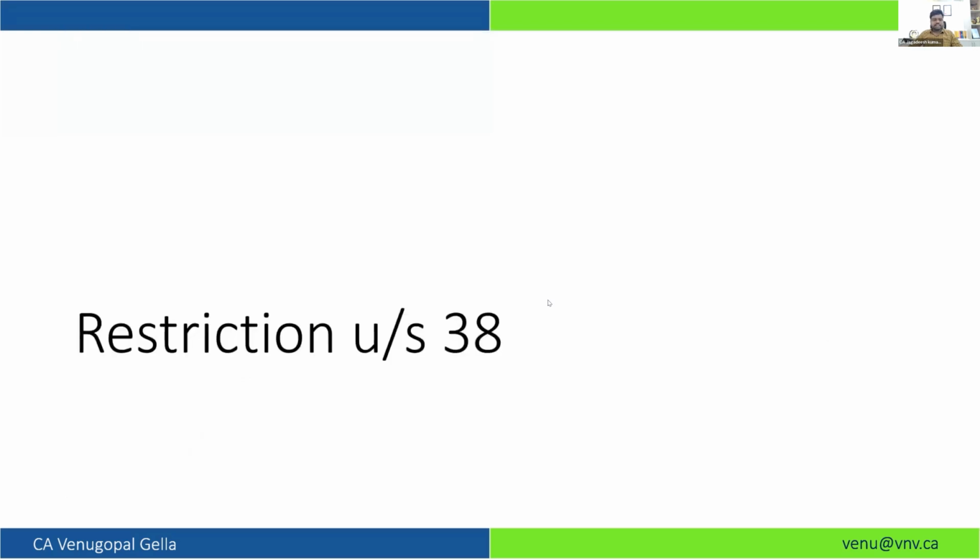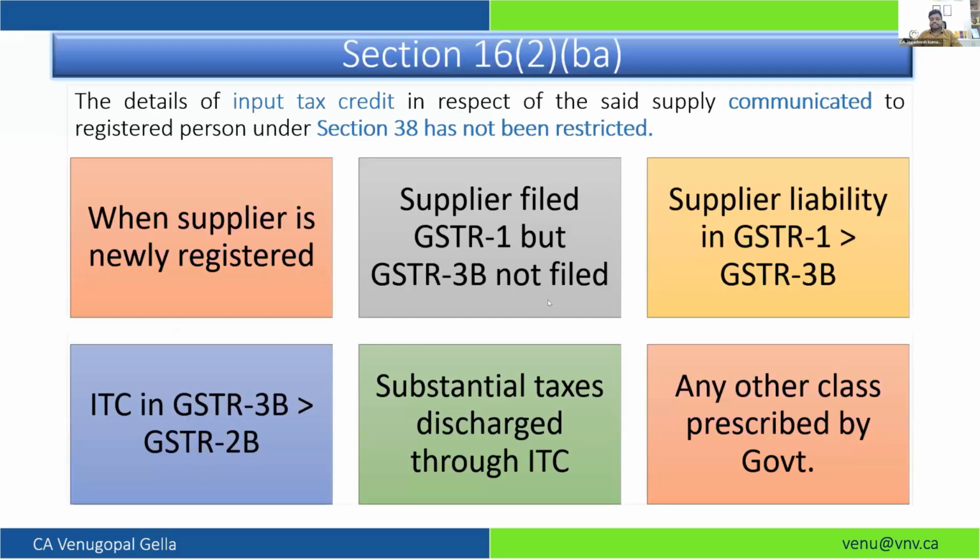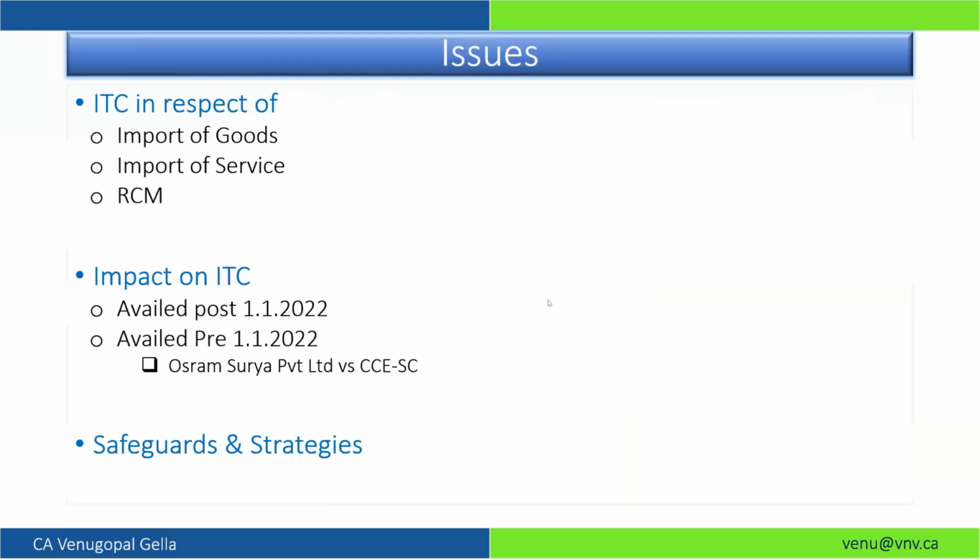So, moving on to the next. As I discussed that in this, adding one more thing, Circular 183, in which the department has issued a clarification with respect to GSTR 2A versus GSTR 3B difference. It is basically issued for the financial year 17-18